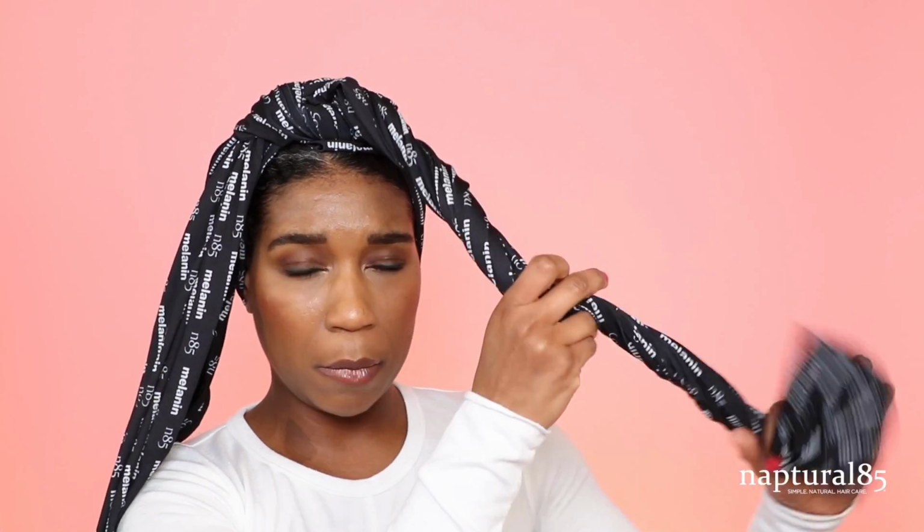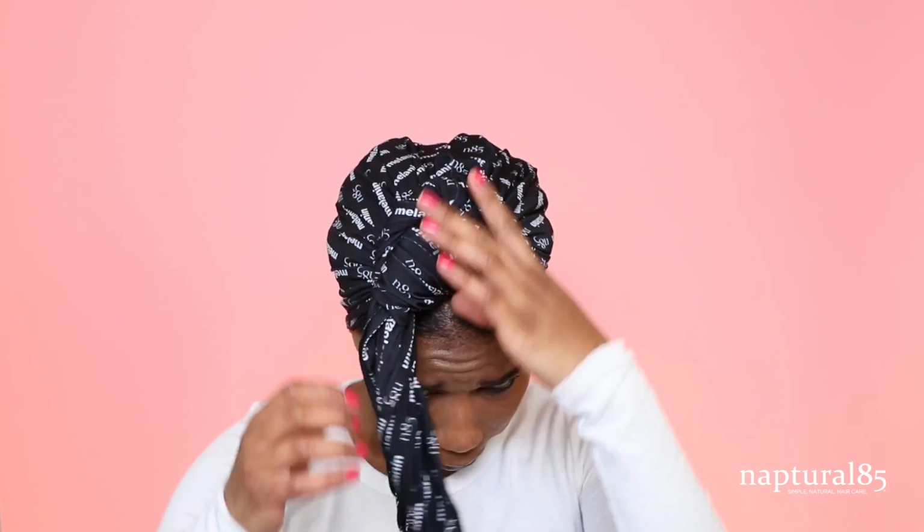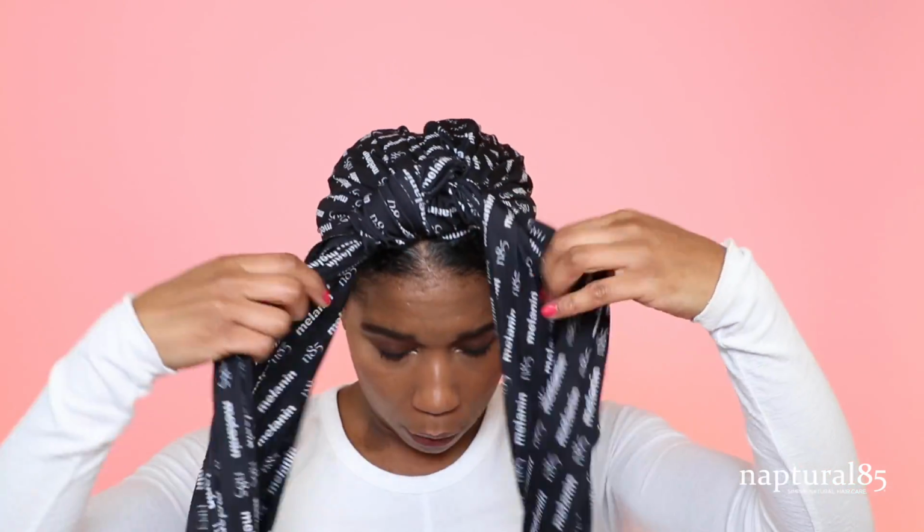You can do one leg at a time, taking one of the legs and just wrapping it around. And then tuck it on the inside. And then repeat with the other one. And you'll get kind of like a Cinnabon type of look. So cute. So this is like a cinnamon bun,